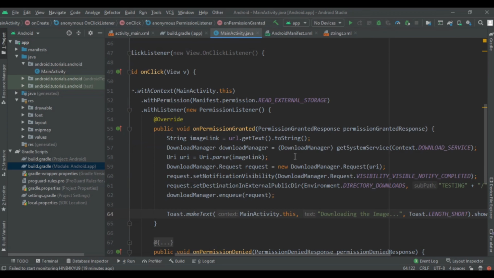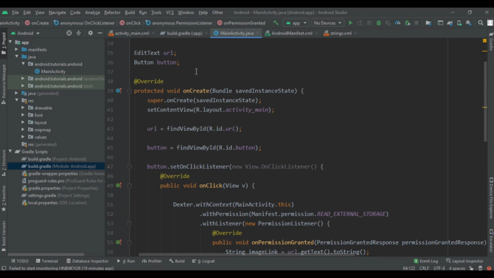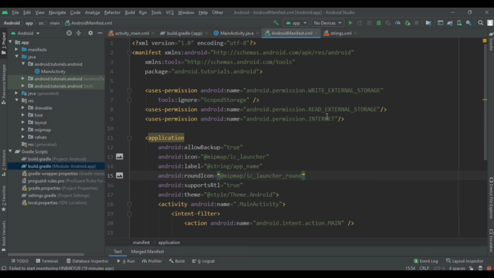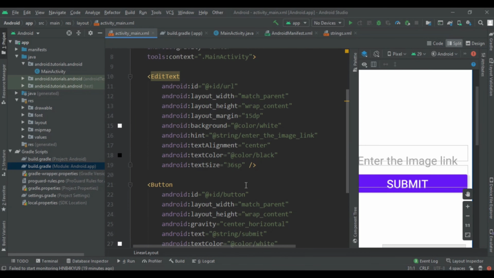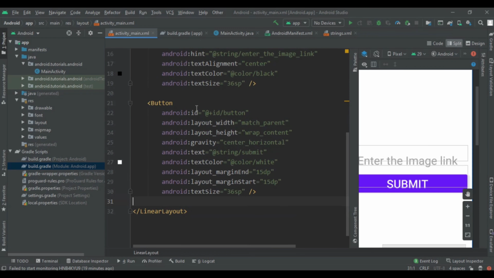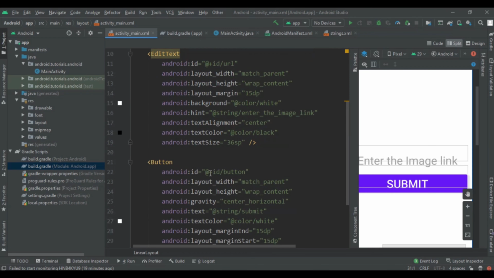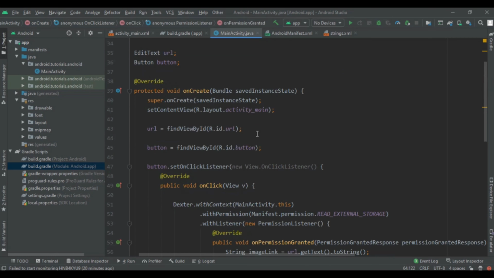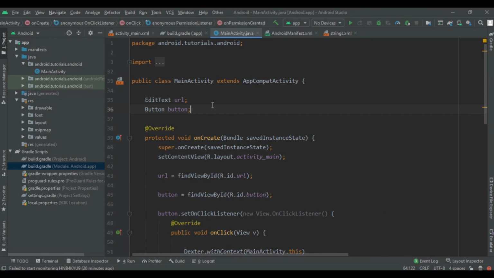First of all, we implemented the build.gradle file, with one implementation of the Dexter library, and added the manifest permission. We designed this basic layout with an edit text with id url and a button, and after that I made a main activity, made the global variables of edit text and button, then find view by id on them and set on click listener on the button.